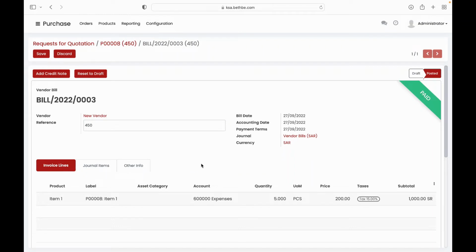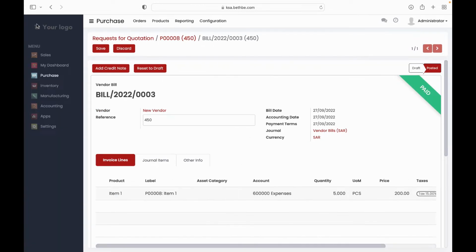Now what we did, we confirmed a purchase order, we received the item, we validated that one, then we generated vendor bills. Against that vendor bill we did the payment as well. So that complete purchase flow is completed, and now we have this item 1 in our hand is 5. So if I go to the inventory part,